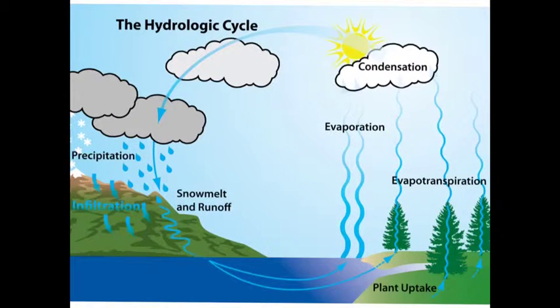There are some things you might not have known about clouds. The stages of the water cycle are precipitation, evaporation, condensation, and collection. Evaporation, the first step of the water cycle, is when a liquid turns into a gas. Condensation, the second step of the water cycle, is when the water vapor in the clouds cools down and becomes